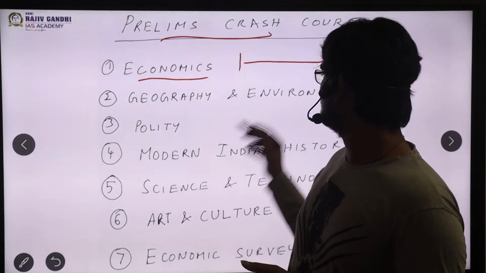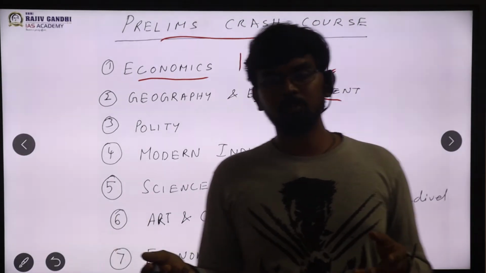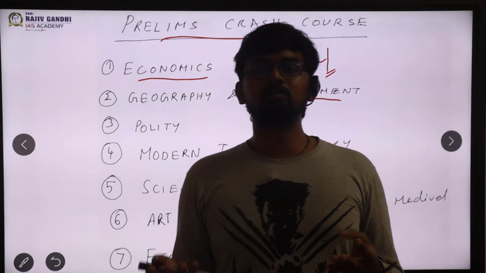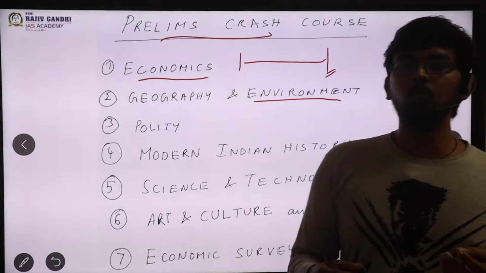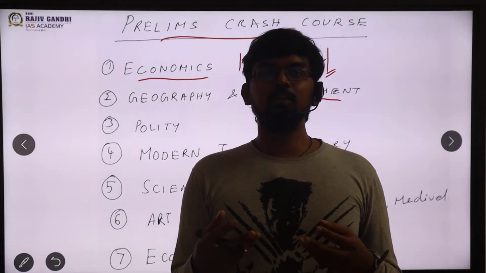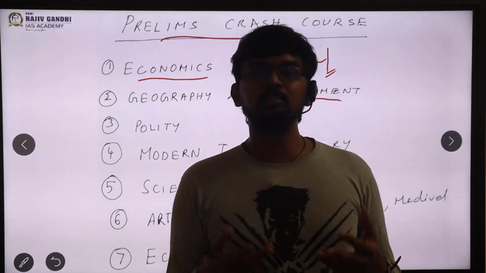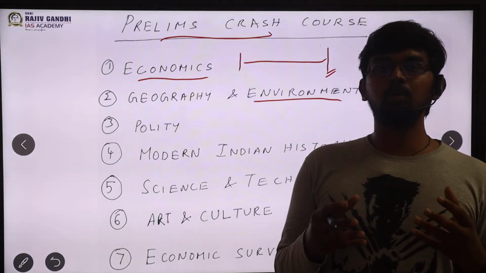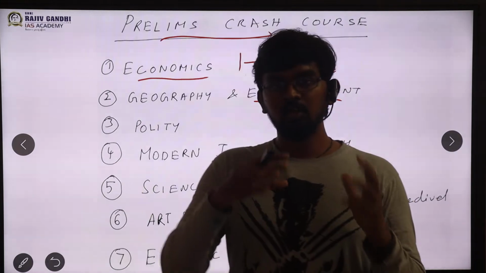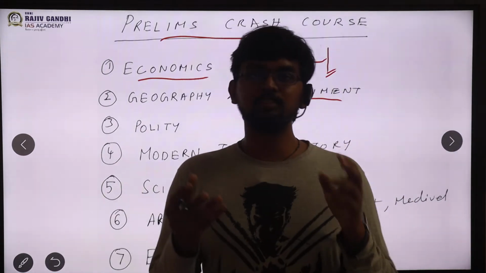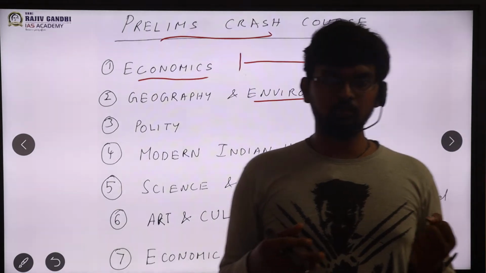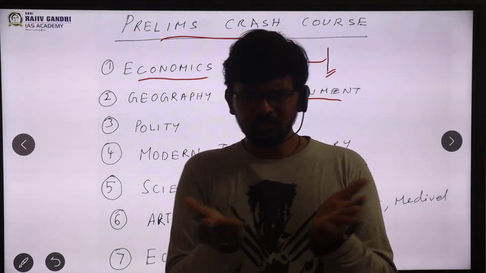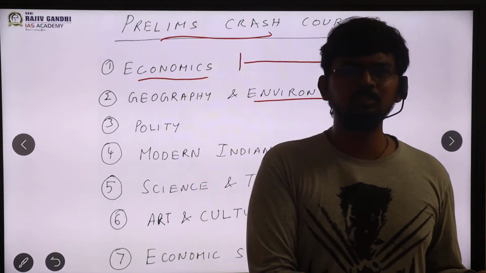Another simple example is environment. Previously when we used to prepare for animals, we used to look at which schedule it is present in and what its IUCN status is. But now UPSC has gone ahead and started asking about animal behavior. For example, they asked about elephant behavior, and in this year's prelims we got a question regarding how hedgehogs tuck and roll to escape predators. So something like that may come. For example, tomorrow the next question may be about tigers, which we all see in the newspaper, because recently there was information about the tiger census.